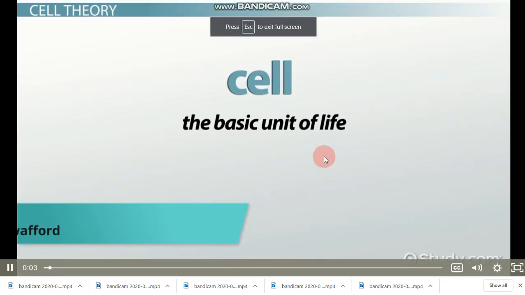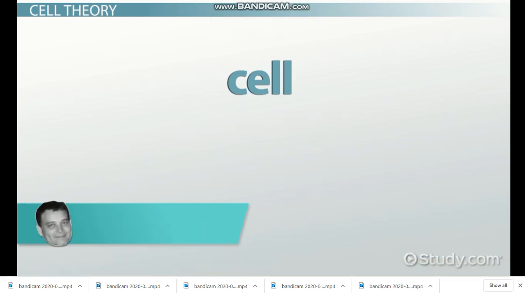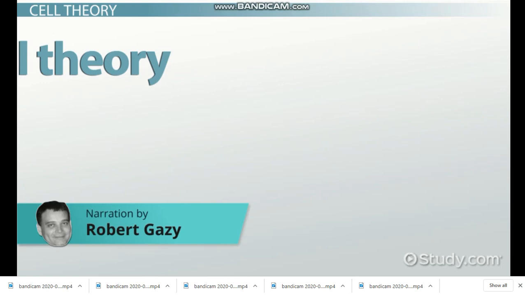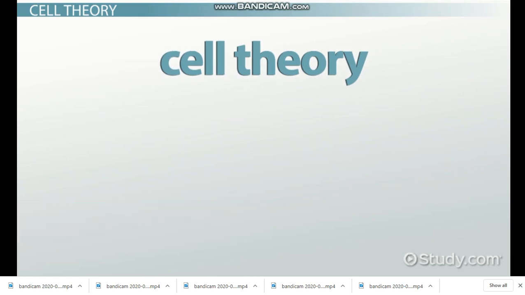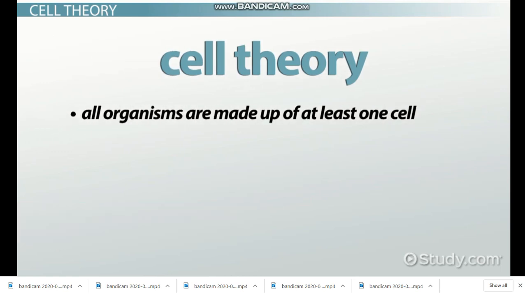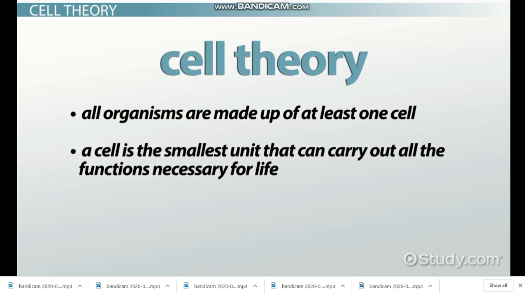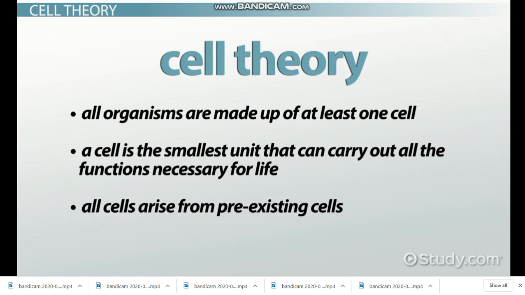A cell is often called the basic unit of life. To explain the main characteristics of cells, scientists have developed a cell theory. Cell theory states three things. All organisms are made up of at least one cell. A cell is the smallest unit that can carry out all the functions necessary for life, and all cells arise